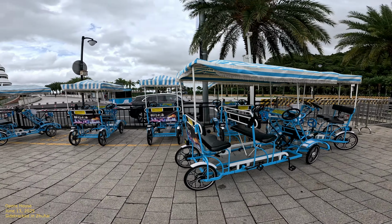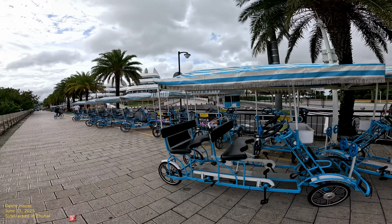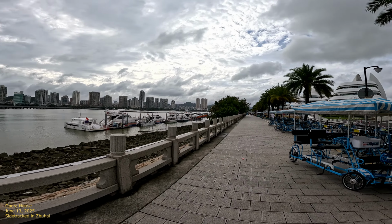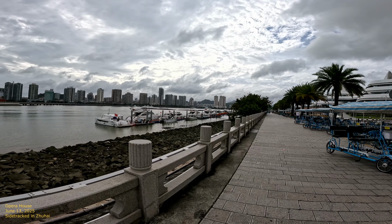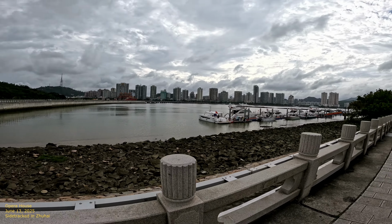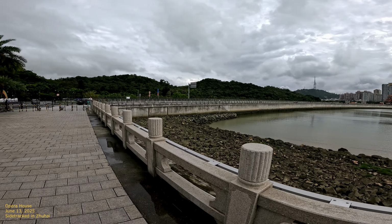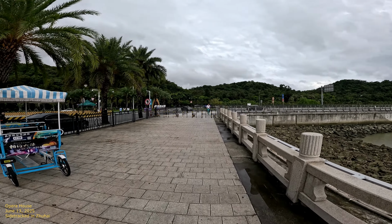These are all these bikes. I should probably take a bike. Usually most people here will take the bikes and they'll just use their Alipay or WeChat, things like that. There's somebody walking over there. I'm gonna walk. Should take a bike, but